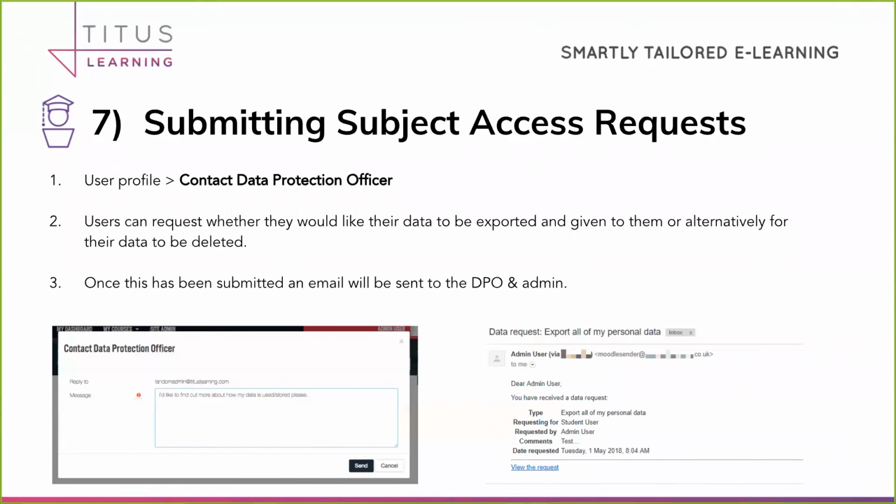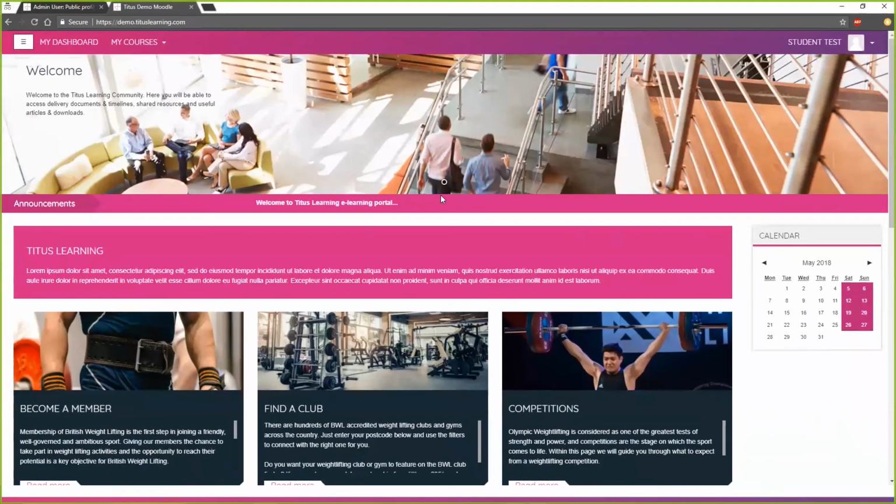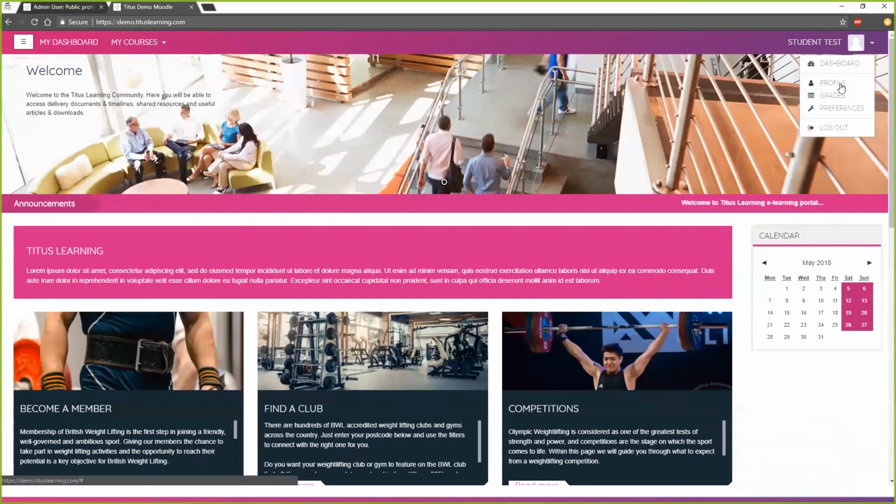So what I'll do now is show you it from a student's perspective. I'm just going to log out of this platform and log in as a student. Bear with me one moment. So I'm logged in as a student right now. The first thing I would need to do is access my profile. Obviously this is theme dependent, but if you click at the top right on this particular theme, we've got profile on this user menu, and a lot of themes follow a similar pattern. So if I click on profile,